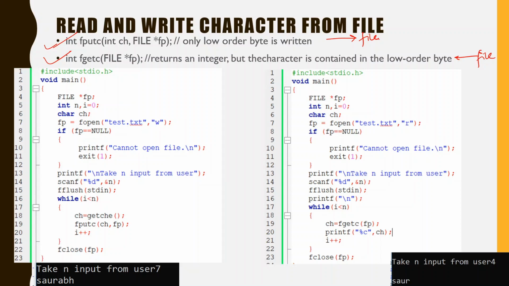Earlier we used the functions gets and puts. We used gets for input, but this input was from the console stream. The console is your keyboard input. This was also a stream, and anything that needs to be taken from the stream was taken with gets, and anything we want to write to the console, we use puts. Similarly, anything we want to put in the file or write in the file, we will write with the help of fputc, and if we want to access anything, we will access with the help of fgetc.